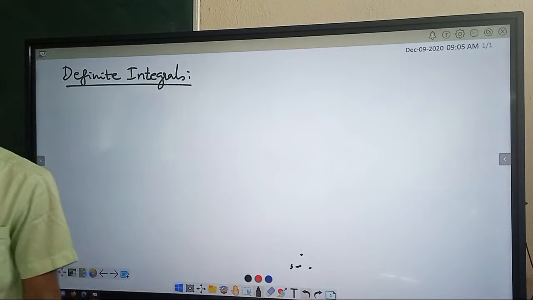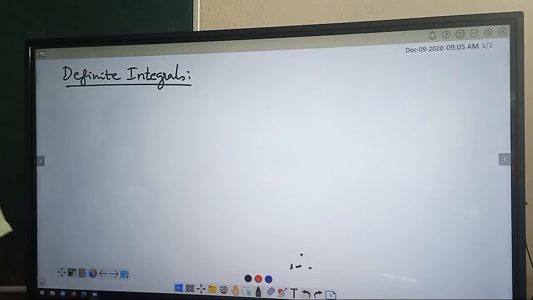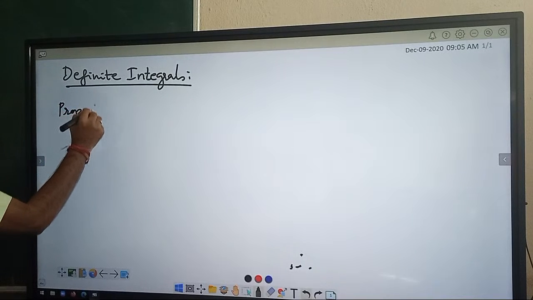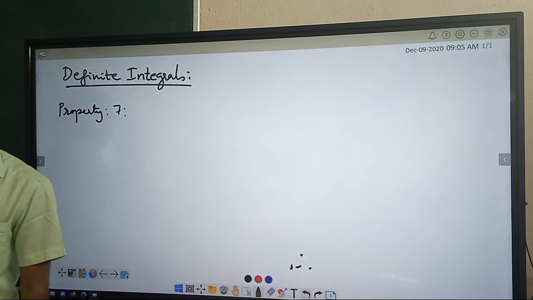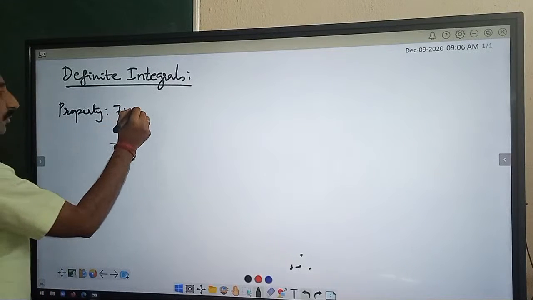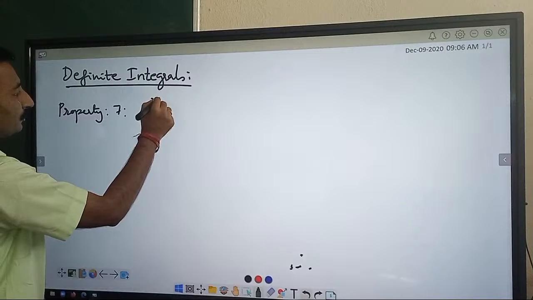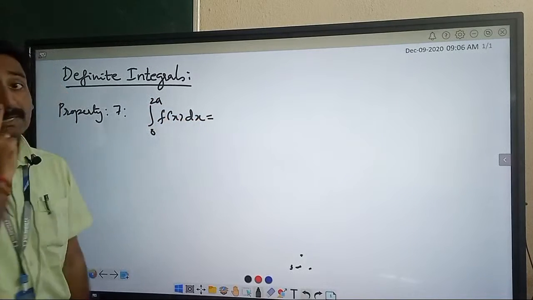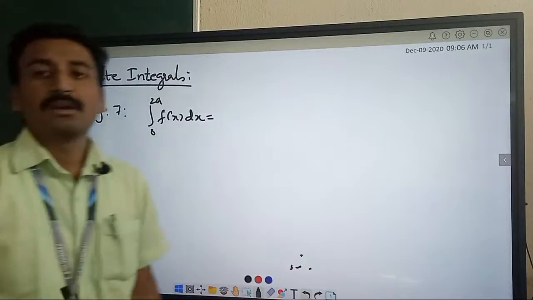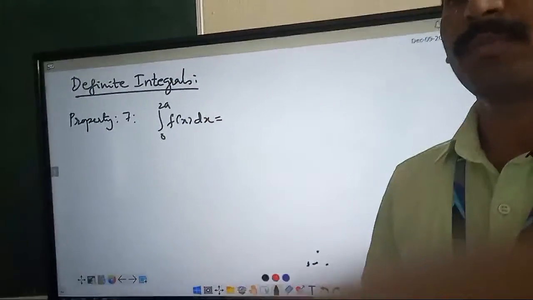Property 6 done, now let us go for property number 7. So property 7 it is. In property number 7, we are discussing a very important property: the integral from 0 to 2a of f of x dx equals... See, I told you earlier, whenever you are discussing properties